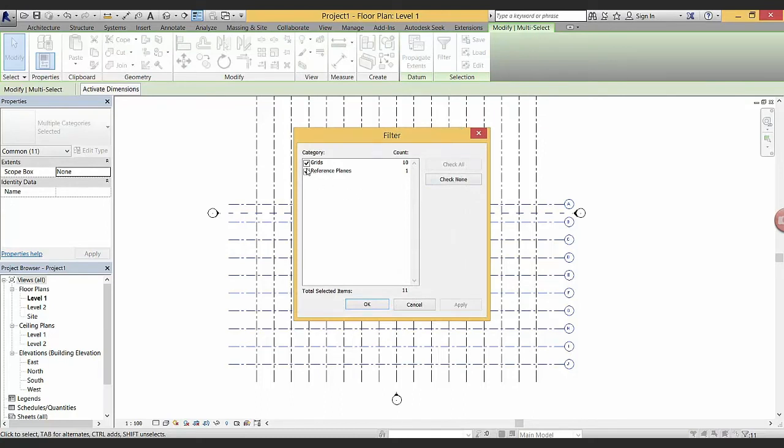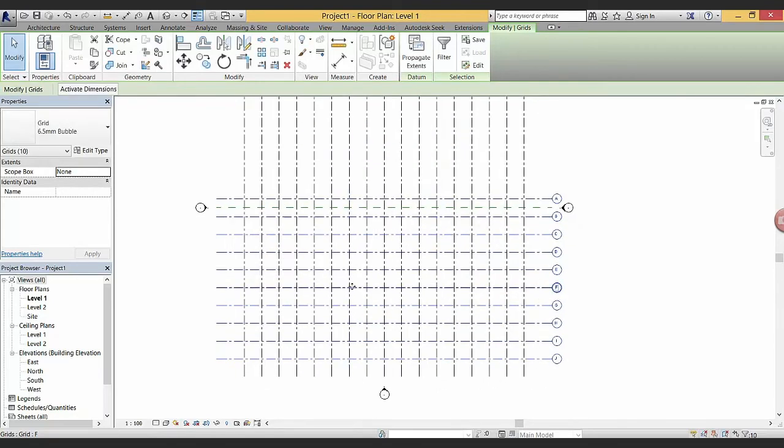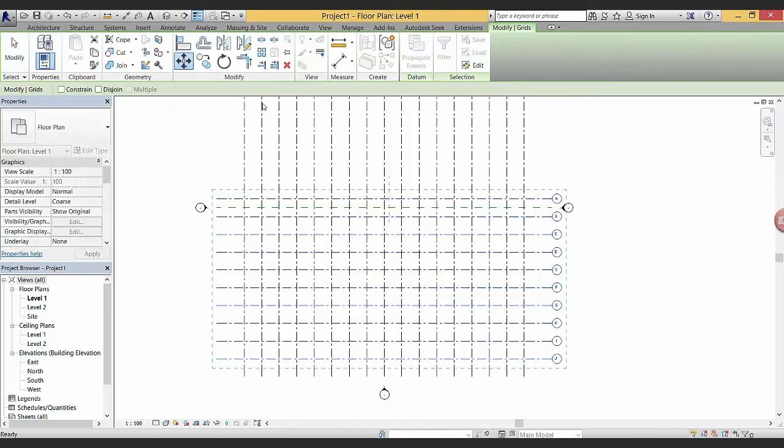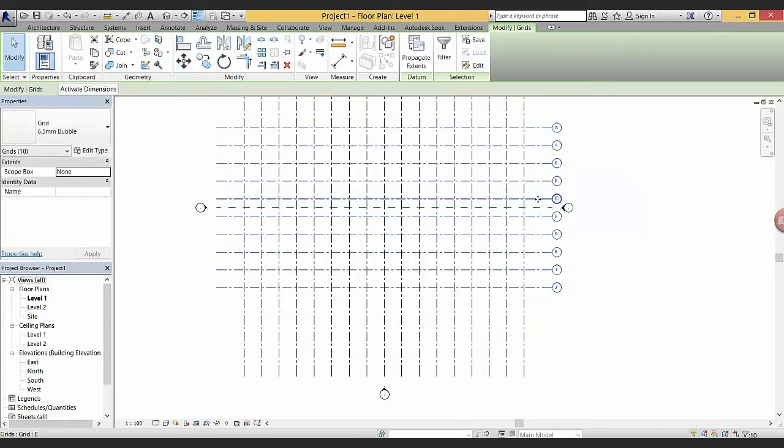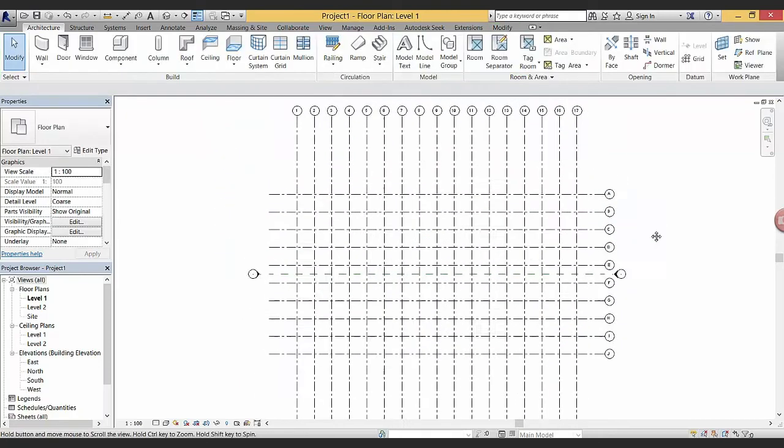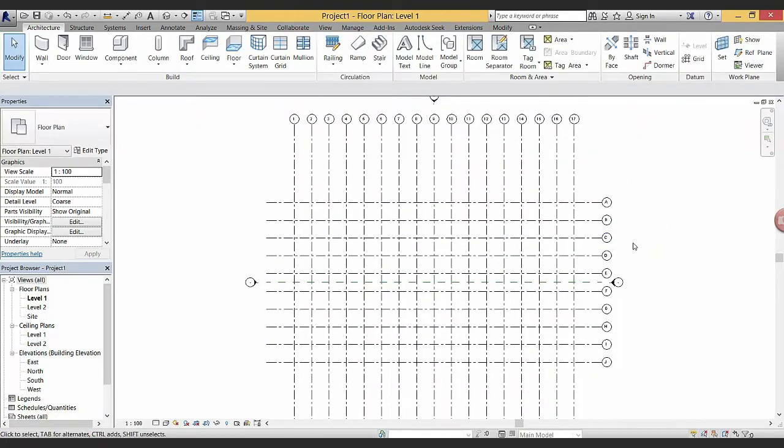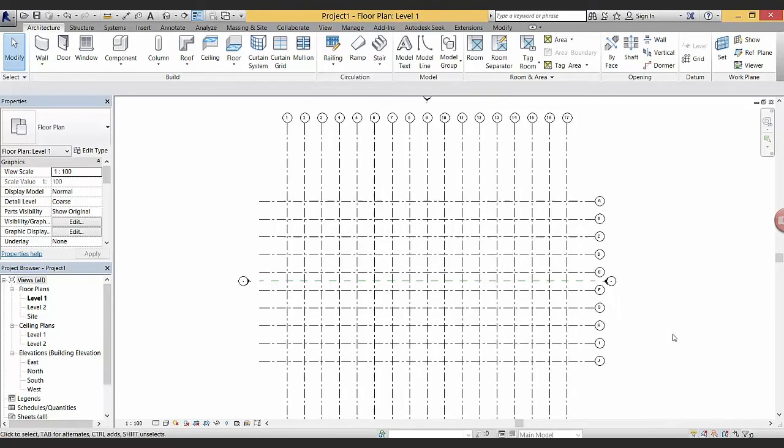Let's deselect the reference plane, press OK, and now the reference plane has disappeared from our selection. We go Move, find grid number, I think we're going to find grid number E, and move it up to where A was. And there we have a perfectly symmetrical rectangular grid of grid elements.